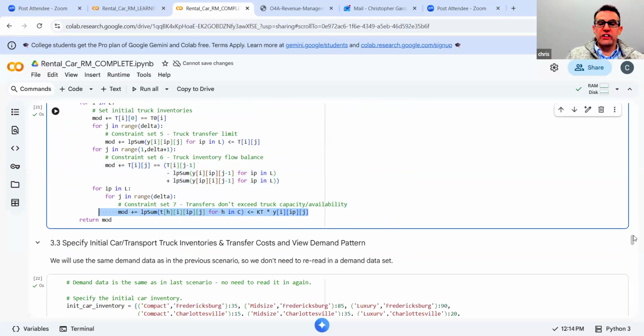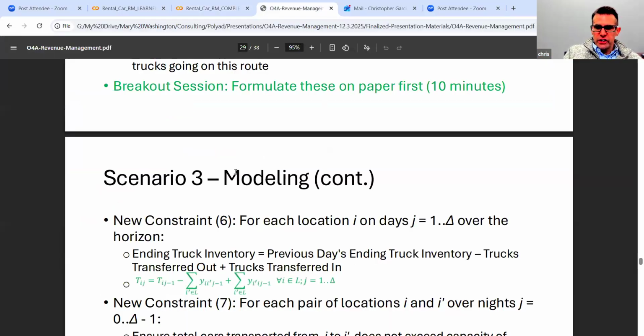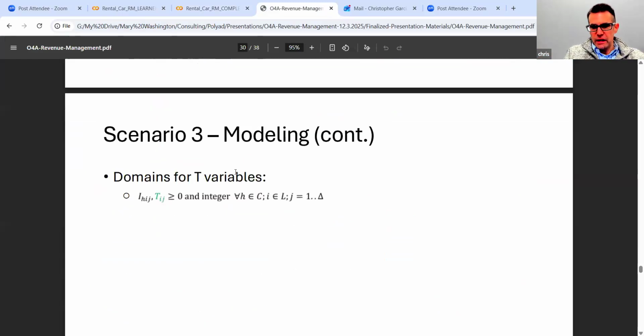So again, you can see how easy it is. PuLP doesn't even require a whole lot of explanation. You can see how simple it is and how much it reflects just doing the math. So generally, once you can work out the math model on paper, it becomes very straightforward to transfer it into PuLP. Okay, as we finish up and look at our last scenario, I want to take a couple minutes